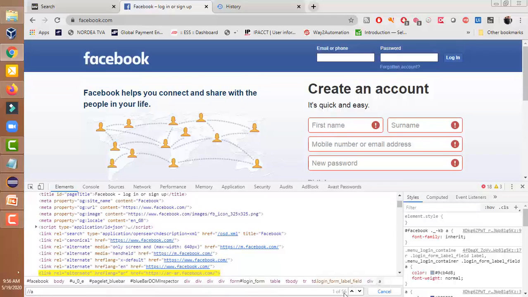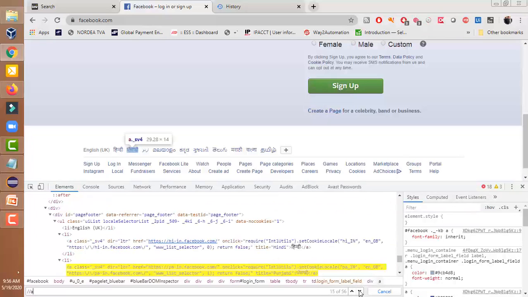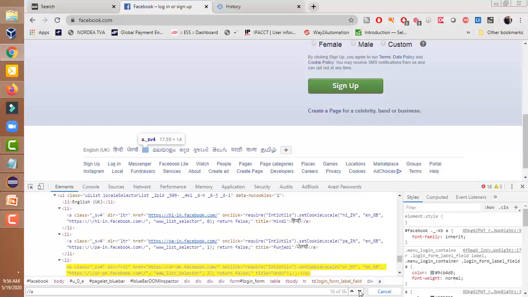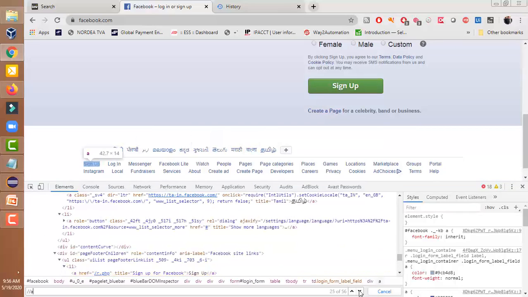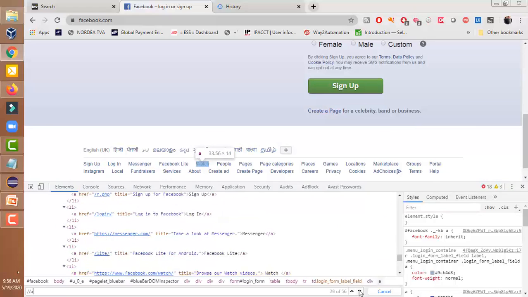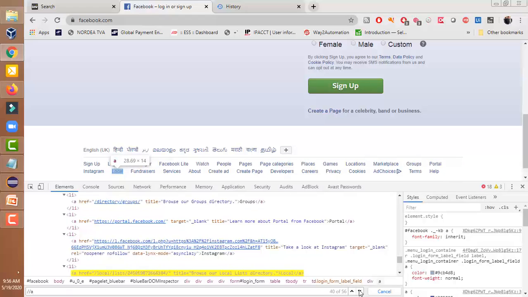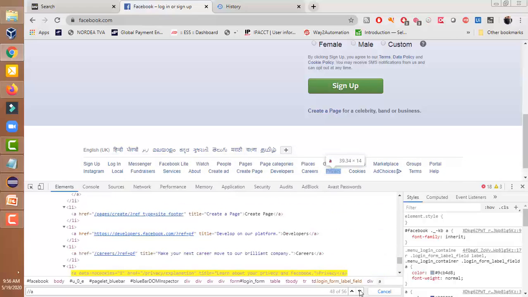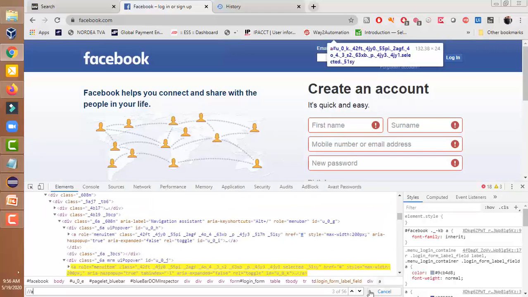So there are a total of 56 links. Look at this, all the links. All of these are links because they use the anchor tag A. This anchor tag is always related to links.